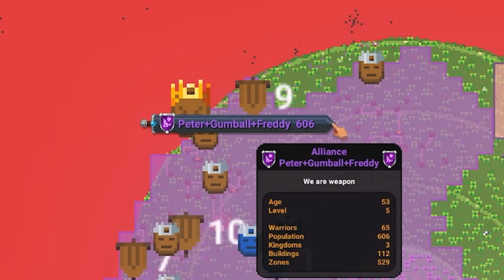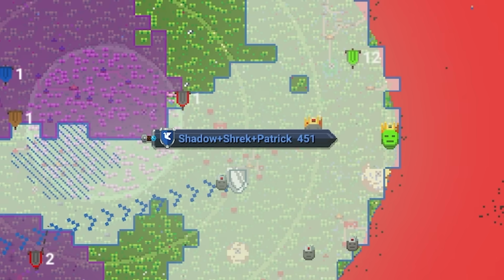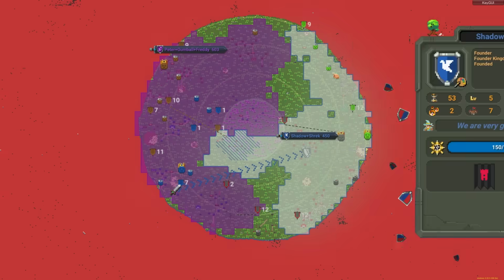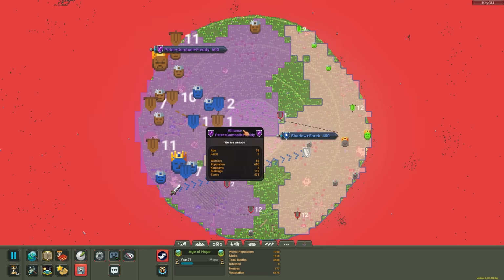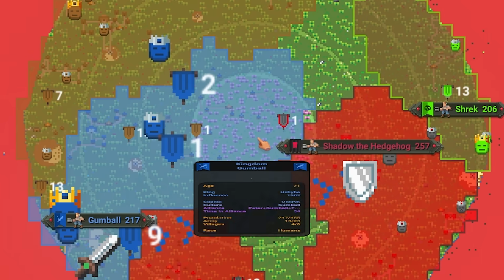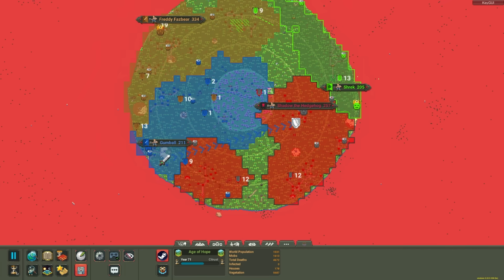So we got Peter, Gumball, and Freddy at like 606, and then Shadow and Shrek. I guess I should change this. Rip Patrick. But they're down to 450, so there's not that much of a difference. I mean, again, it kind of depends on who ends up getting the middle island, which right now is Gumball,